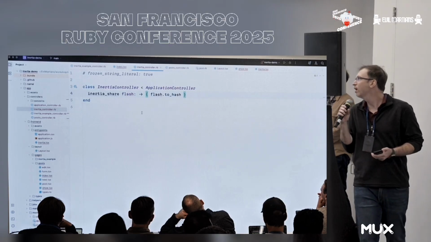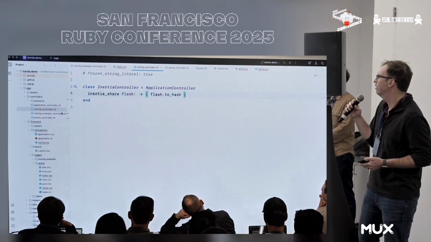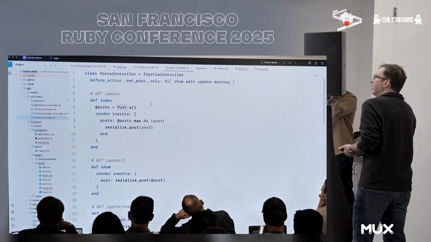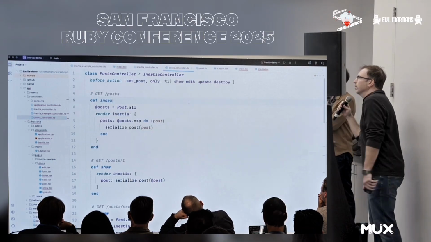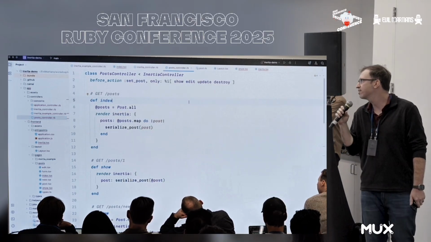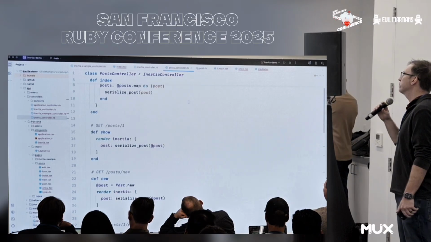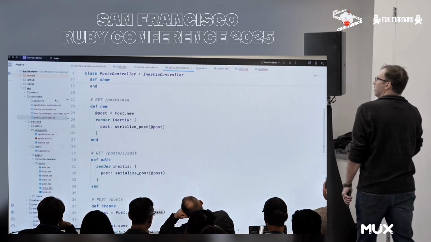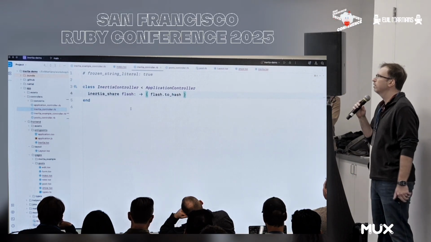If you could flip quickly over to our post controller, it's not in any of our returns here. We can see right there, render Inertia, the only prop we're passing is posts. So going back to the base controller we were just in, this shows you another really cool feature of Inertia